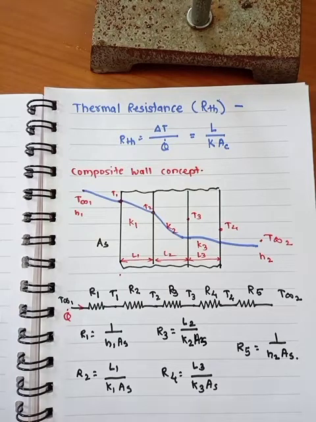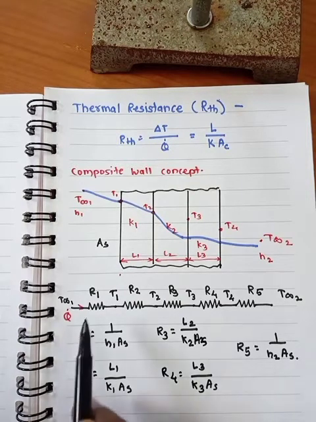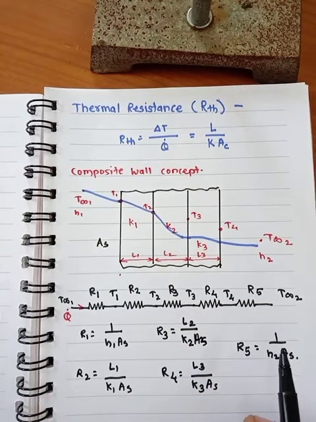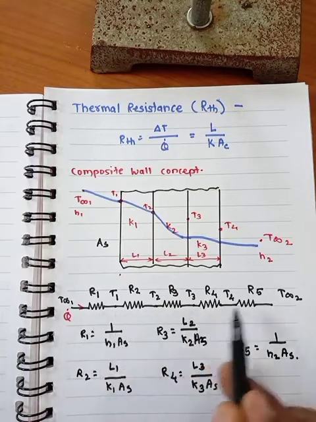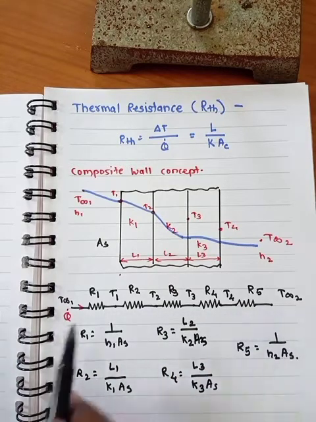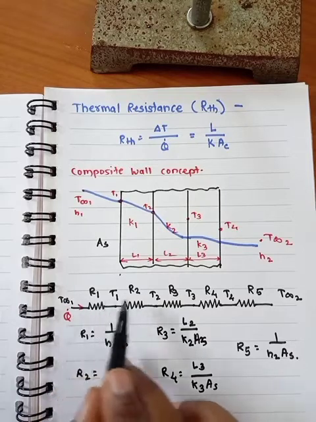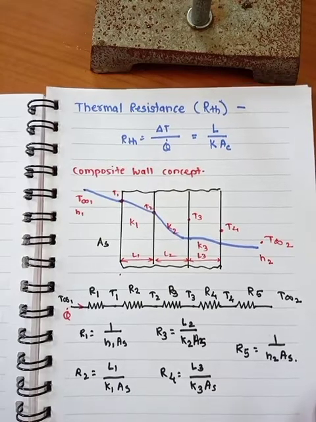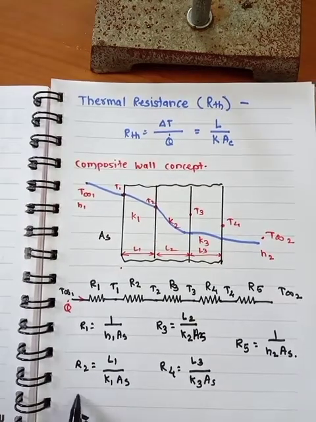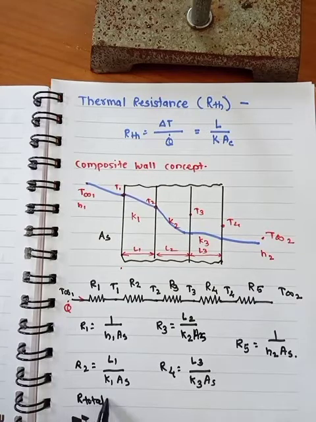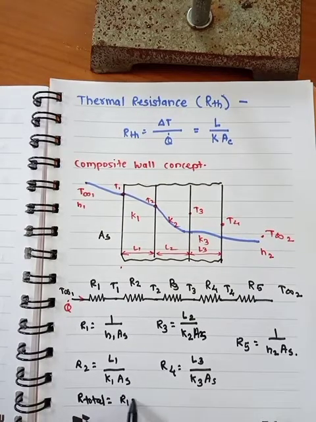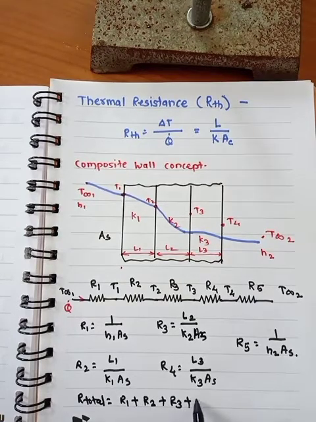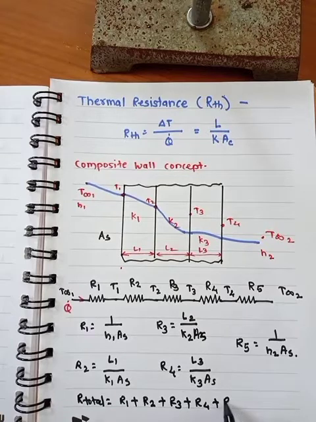And if you see in the electrical network, if resistances are in series, then the current flow through the conductor is considered with the addition of all these resistances. So we get the total resistance as the addition of all these resistances. Similar to that concept, here R total is equal to R1 plus R2 plus R3 plus R4 and last R5.